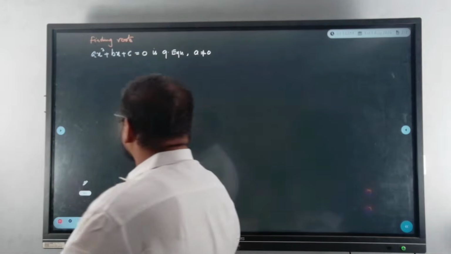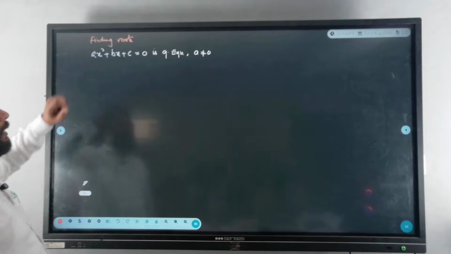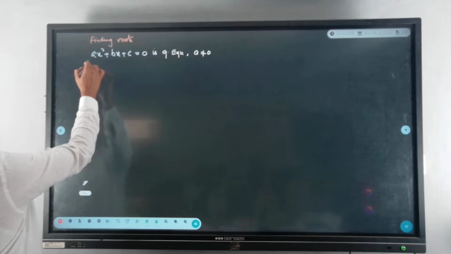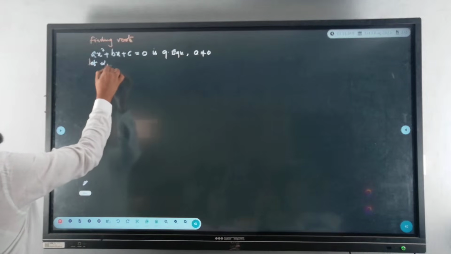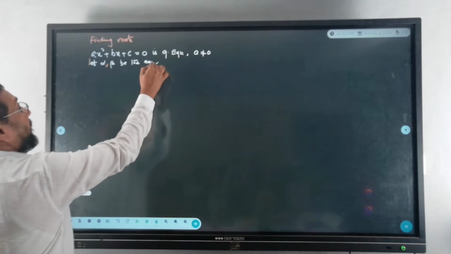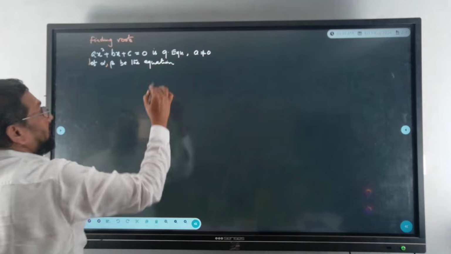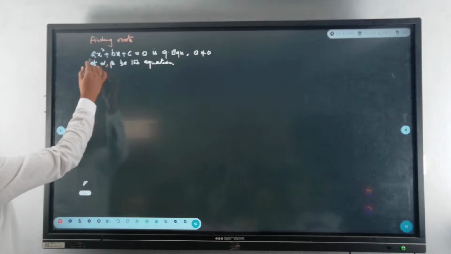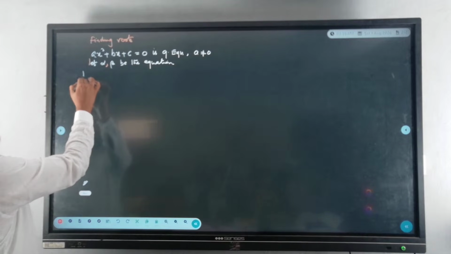So degree 2. Degree 2. So how many roots will exist? Let alpha comma beta be the roots of the equation. So what is alpha? What is beta? అది మనం ఫైండ్ చేయాల్సింది. ఓకే, సో ఇప్పుడు చూడండి, by using